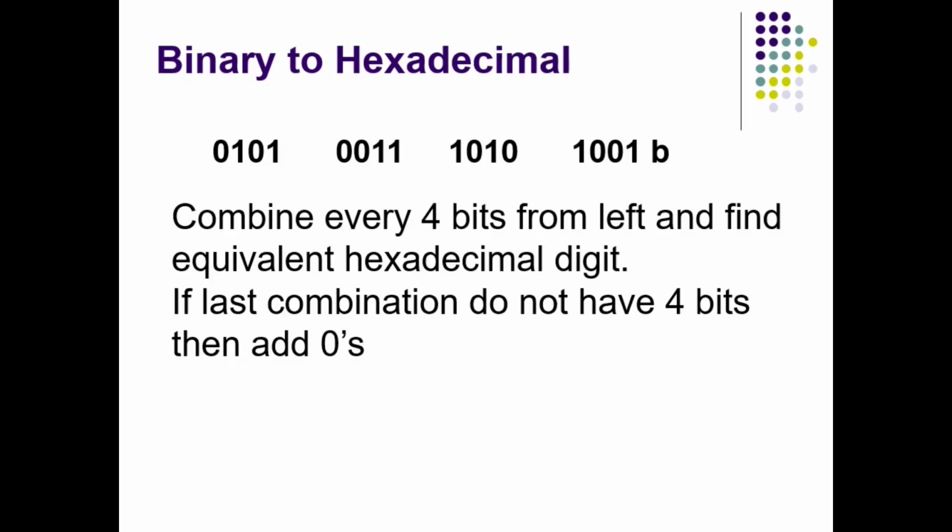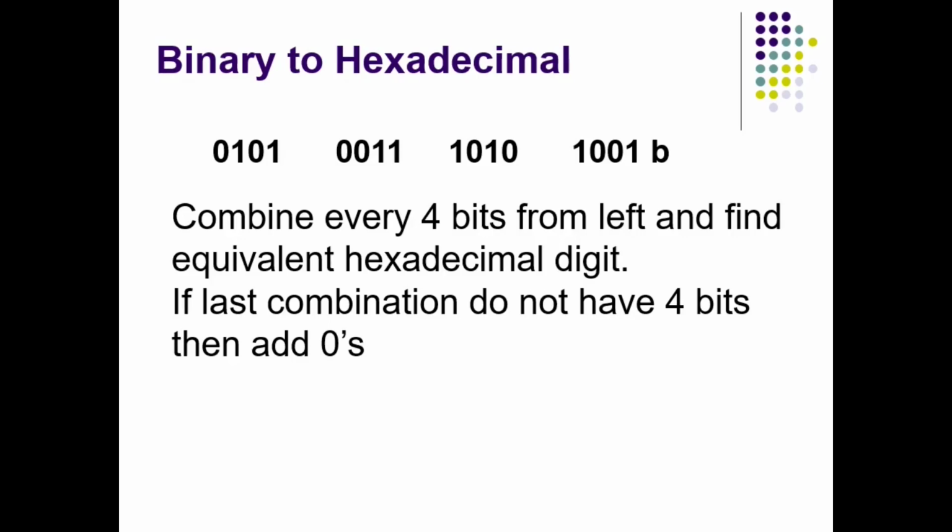Binary to hexadecimal conversion is also very easy, based on the same two facts: every hexadecimal digit is 4-bit in binary, and hexadecimal digits are binary coded. When you convert a binary number into a hexadecimal number, you have to start this process from the least significant bit, LSB, that means from the right side. You have to combine every 4 bits and convert them into a hexadecimal digit. Suppose at the end, when you reach the MSB on the left side, you do not have 4 bits, then you have to add extra zeros and make it 4-bit.